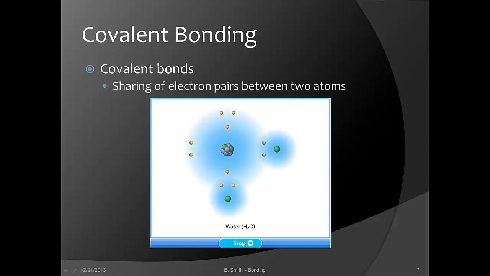In covalent bonds, the shared electrons move between the atoms that share them, forming a single electron cloud around both